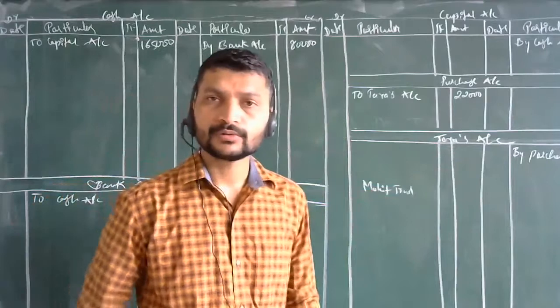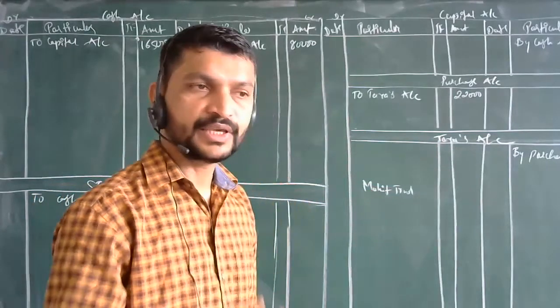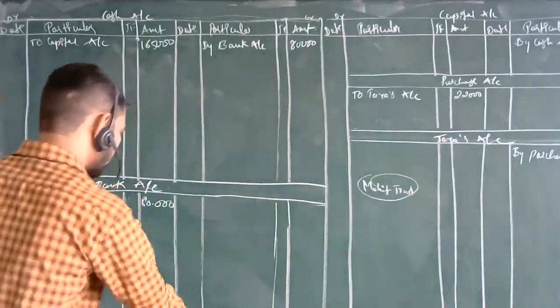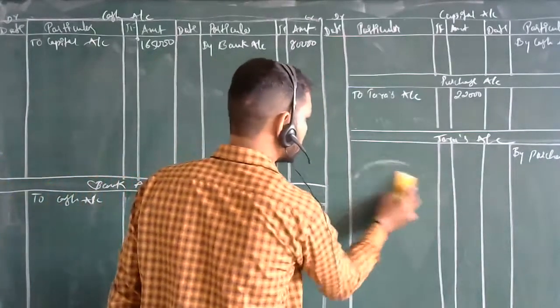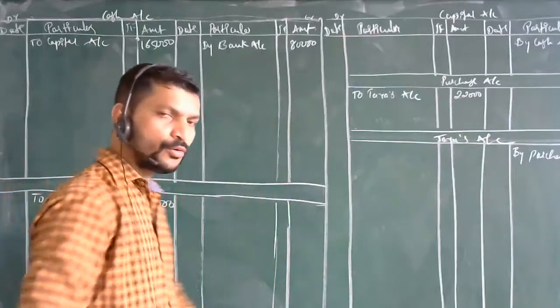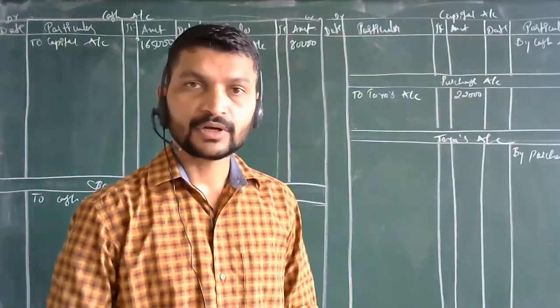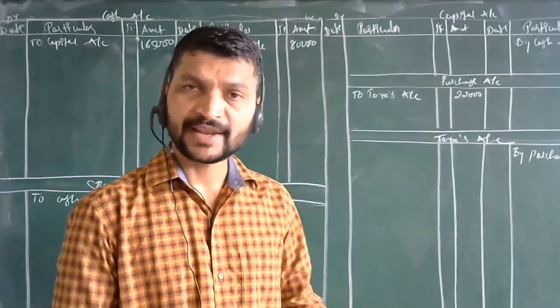Now when you are thinking to pay, just like you have purchased this on credit, when you are thinking to pay him the balance amount, what are you going to see? Are you going to go for the journal and search out how many payments we have done or whether any balance is there or what?